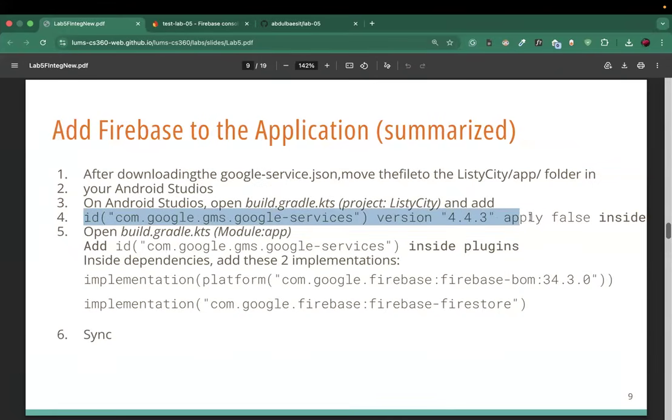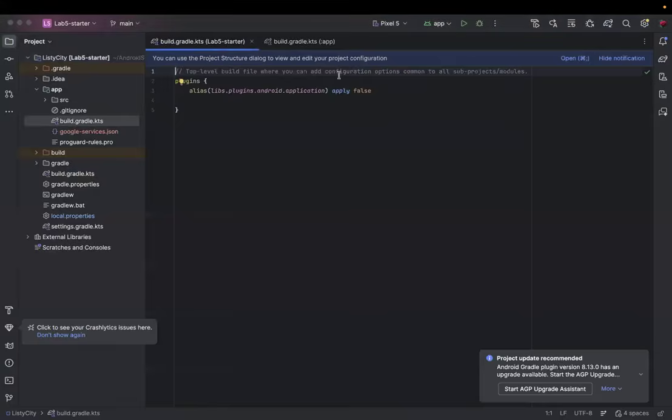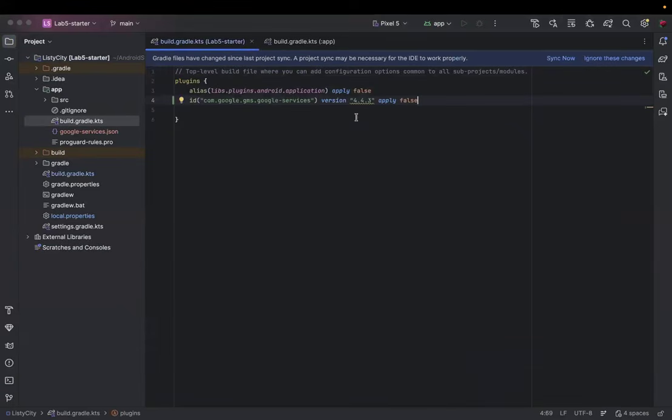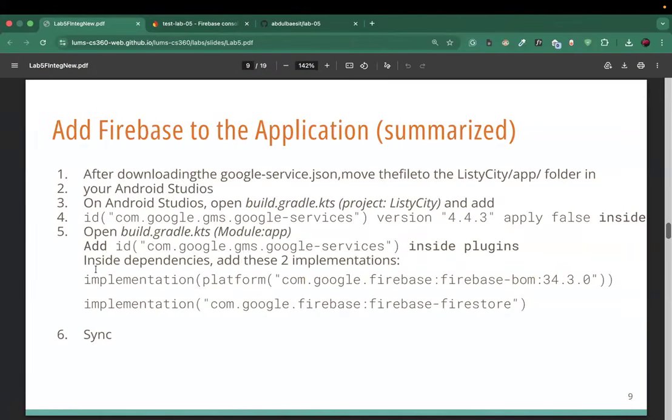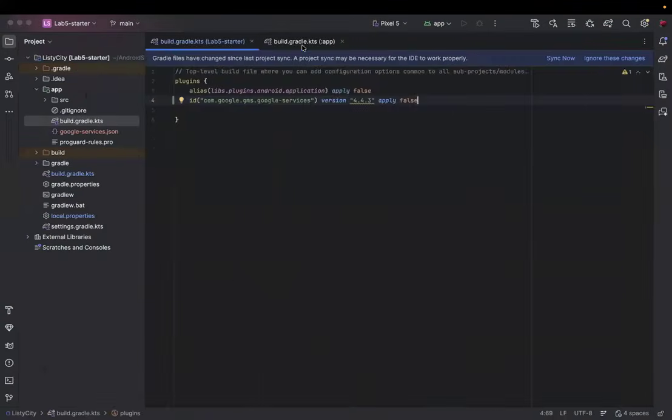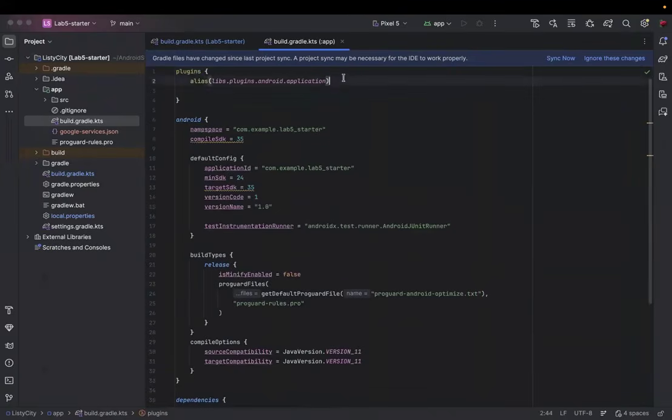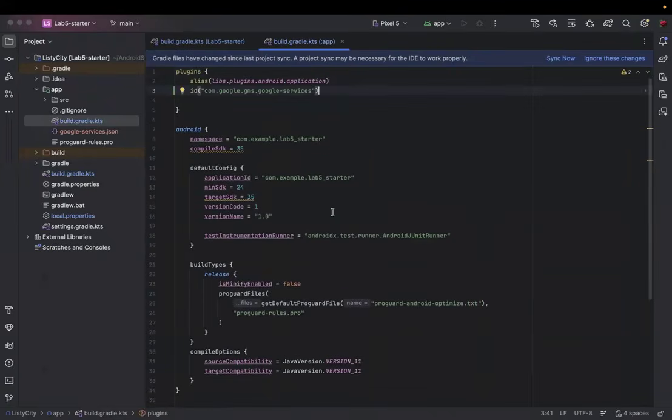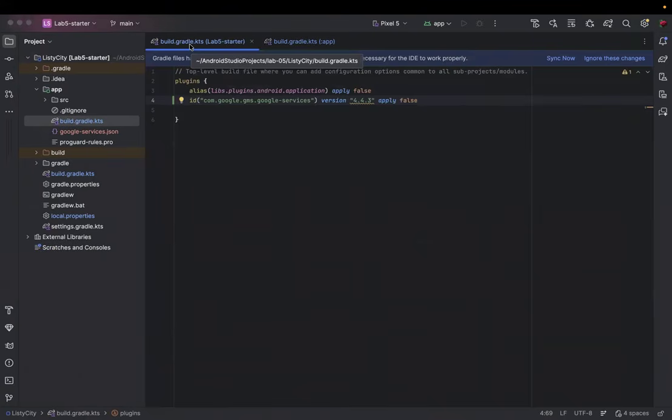So I need to paste this line inside the plugins, and then this line inside this module app, inside plugins. What this does is add the Google Services plugin here at the top level. This tells the entire project that it will be using Google Services. Setting apply false means that we aren't using it right now,